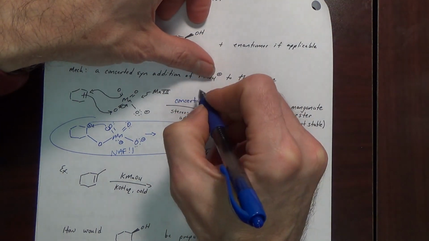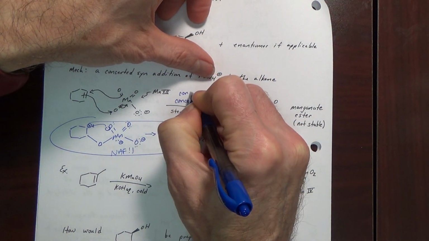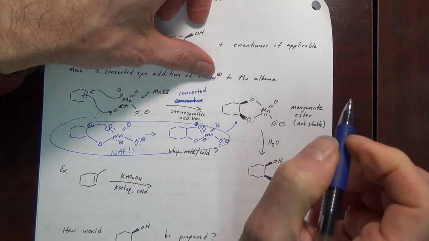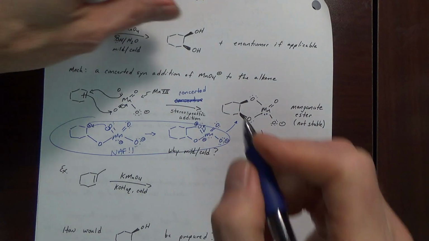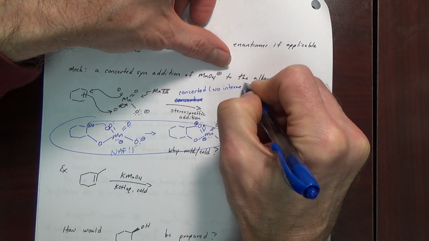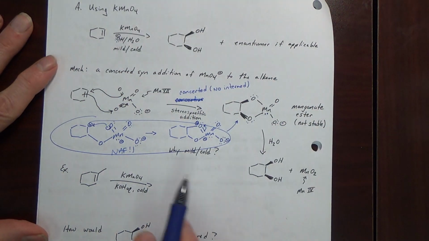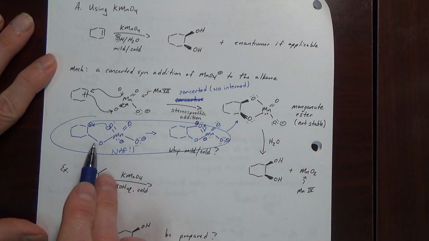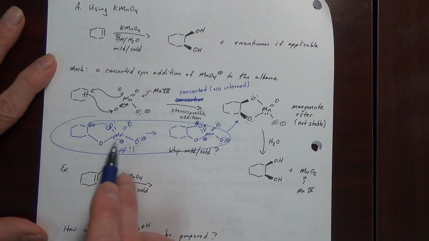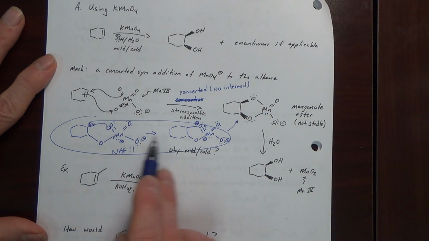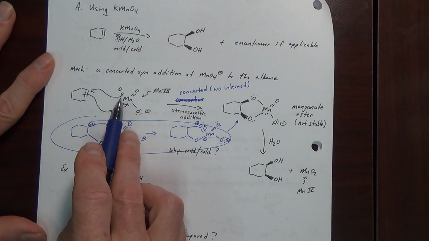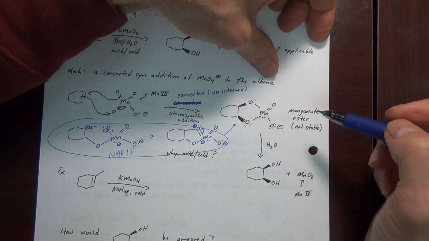I said concertive. It's, I don't know what that means. Concerted. All right. There is no intermediate. Like a Diels-Alder reaction, all this happens at the same time. Boom. I just did this to sort of show you how we get there if it was stepwise, but it's not. Okay. So in a concerted reaction, the alkene reacts with KMnO4, and it immediately gives this product here,